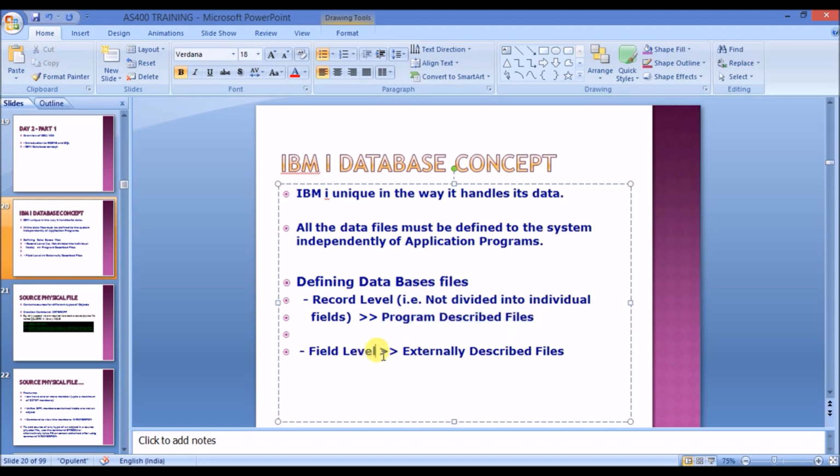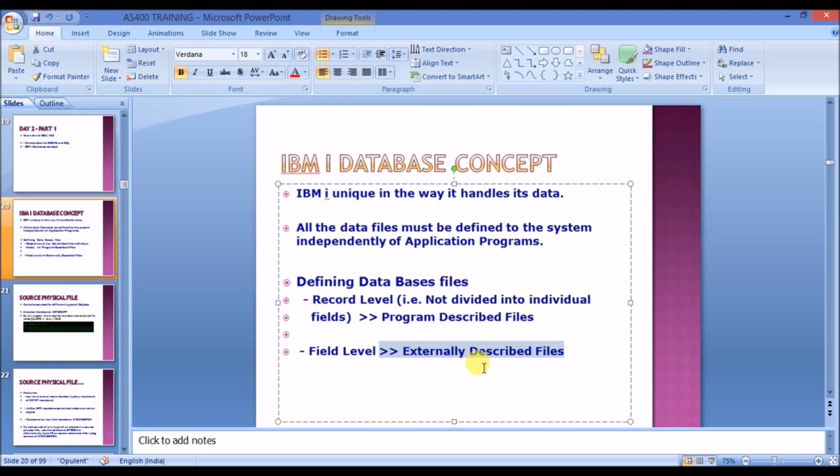However, if you break down the file to the field level outside the program that uses it, you do not need to code those field definitions within every program that uses the file, as the compiler automatically retrieves the definitions into the program. This type of file is what we call an externally described file, because the field definitions are external to the programs that use the file. The field definitions are a part of the file object itself.